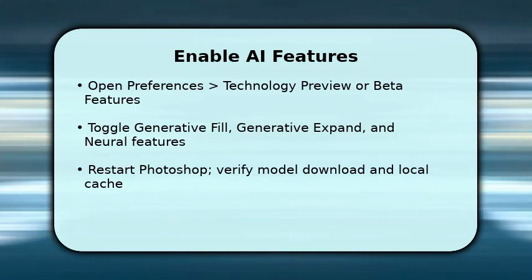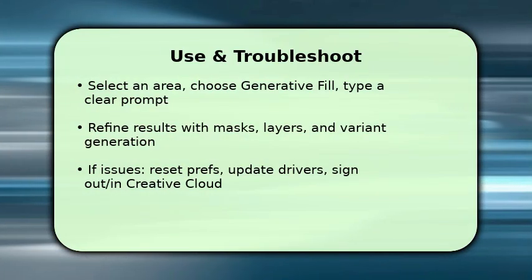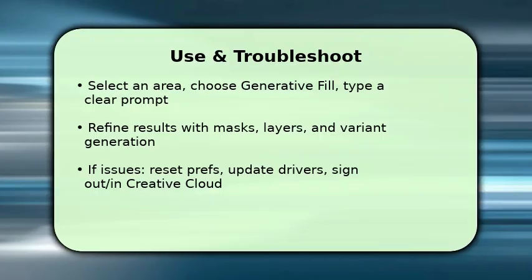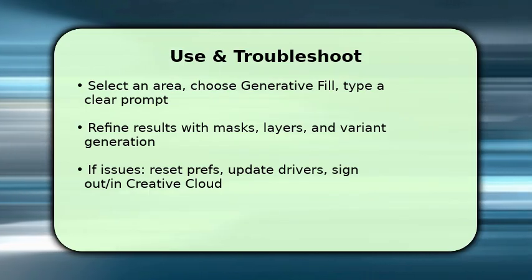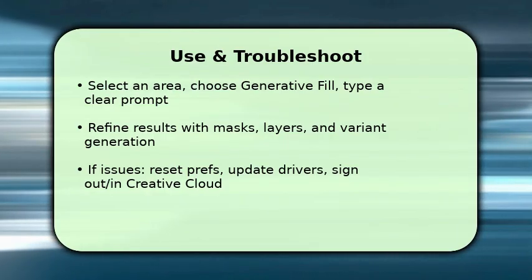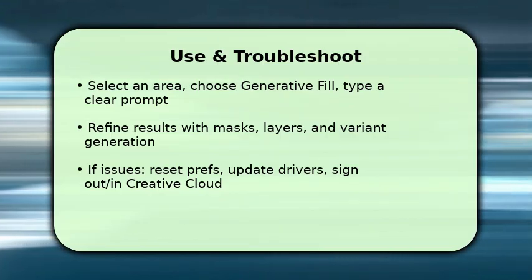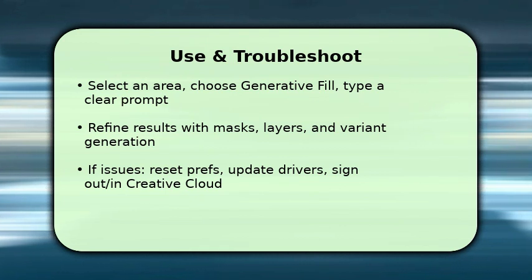You finish by running a real task and knowing how to fix common problems. Select the area to modify, choose Generative Fill, and type a concise prompt explaining style, content, and constraints, then generate variants and paint masks to refine. Once happy, finalize with adjustment layers and export. If generation stalls or models fail, reset Photoshop preferences, update GPU drivers, and sign out and back into Creative Cloud to force re-download. That single troubleshooting tip solves most connection or